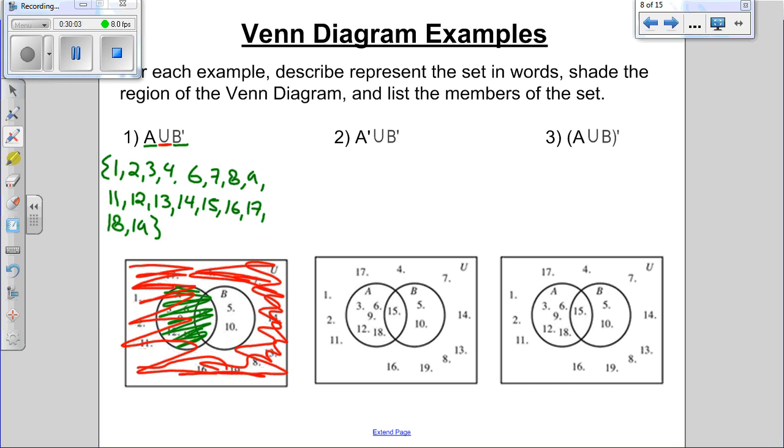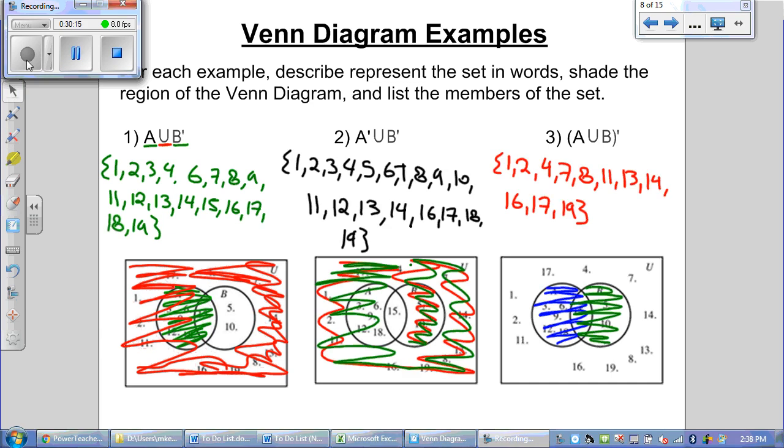Alright, keep going. Alright. Let's talk about a couple of these. So if I'm looking at number 2, that says all the things that are not in A or the things that are not in B. So what I did is I went and I shaded all the things not in A, and I did that in red. So in red all the way around the outside, I circled all the things that are not in A. Then I went in green and I circled or shaded all the things that are not in B. So I shaded all the way around. I even shaded a little bit of B because